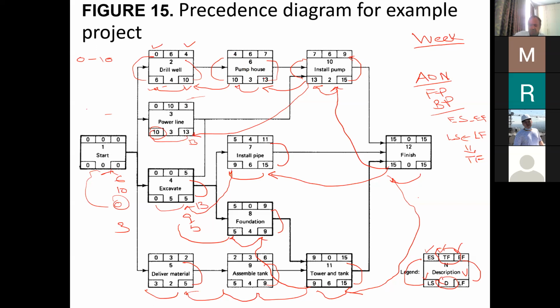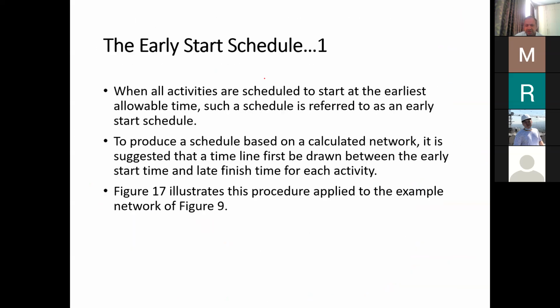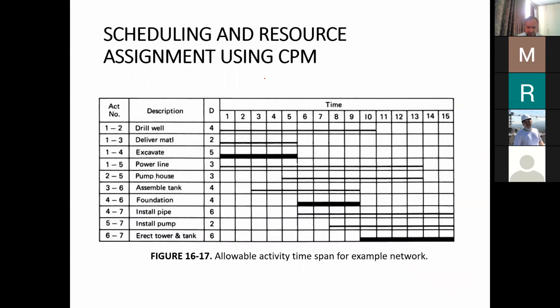If we take this information and put it into this bar chart, for each of the activities, we can input that information into this chart. So we can get a bar chart. This bar chart shows the allowable activity time span for each activity. That means although this drill well takes